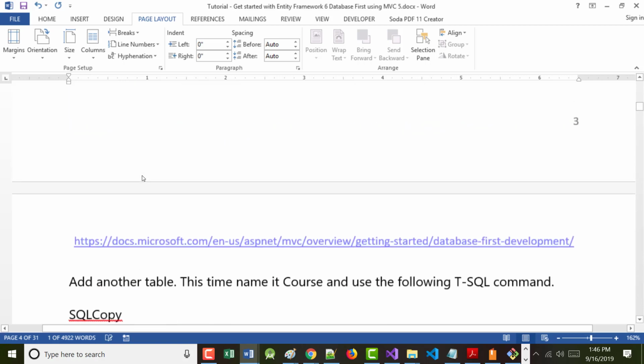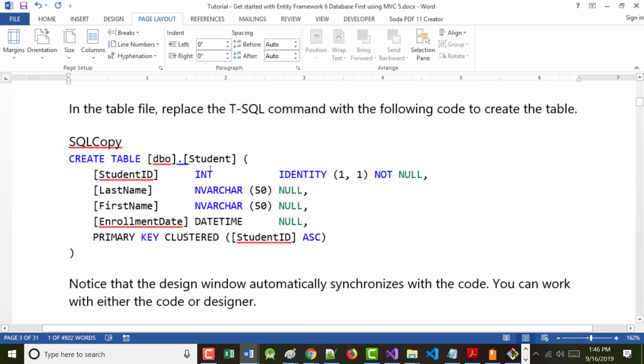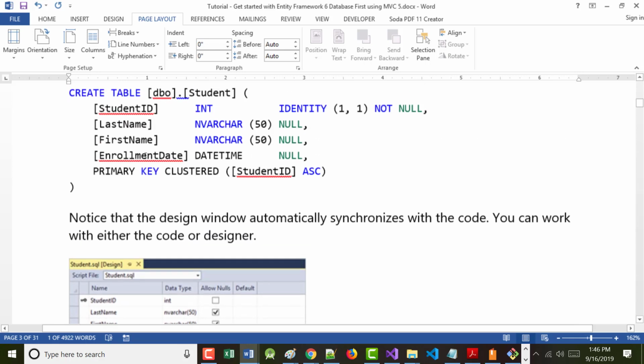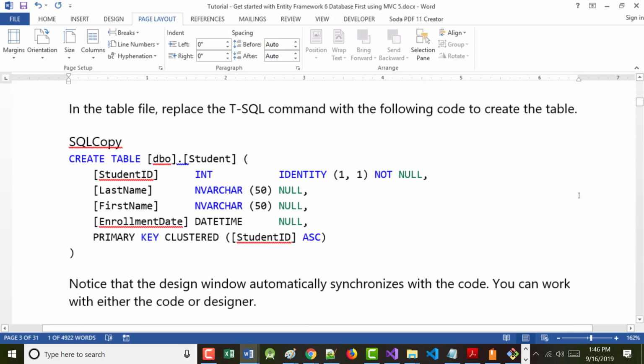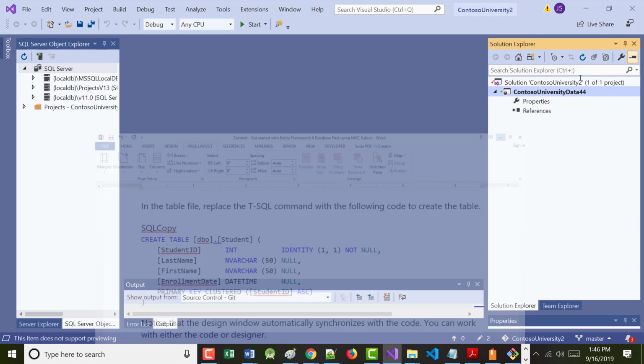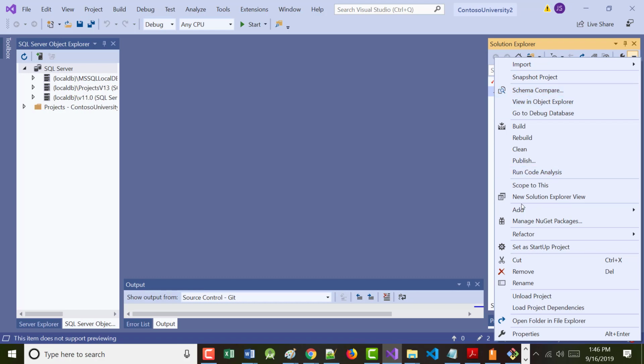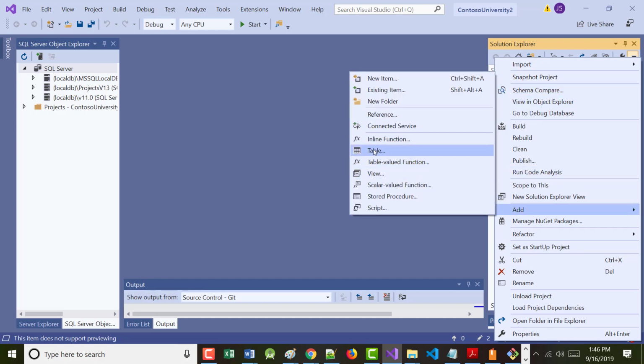It's the 3 tables that are in this document on page 3 and 4. So what I'm going to do is right mouse click on the name of my project, my ContosoUniversity Data 44. I'm going to right mouse click on it and choose Add and choose Table.